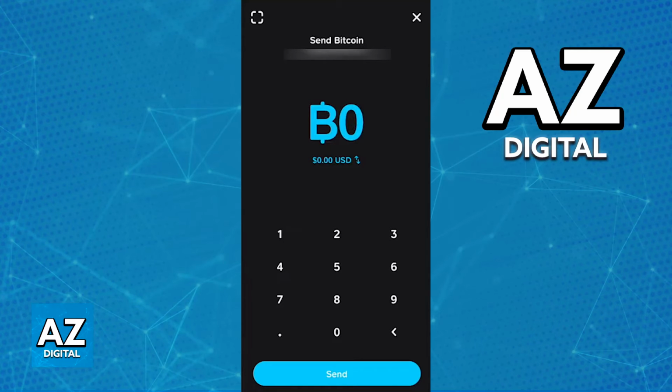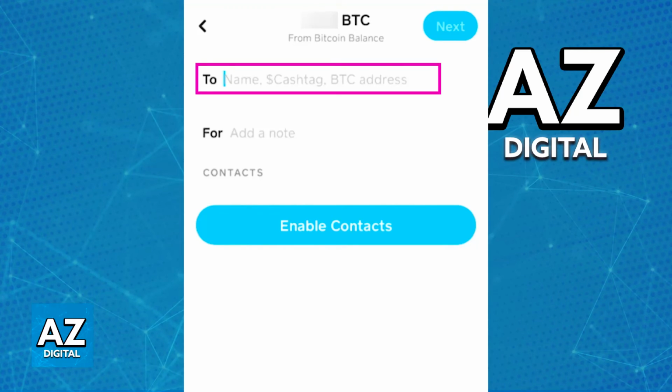So when you get to this window where you have to input a wallet address or a contact name, you just have to paste your external wallet address. This can be from any service, so Binance, Bitcoin, Exchange, and so on. There are a lot of wallets to choose from, and in this video, I'm not going to go over too much detail about how to set up an external wallet.